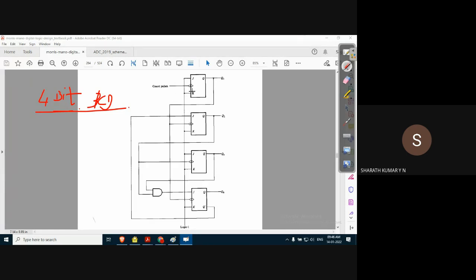Same concept. The J and K inputs are applied with logic 1. Why? Because the obvious question is, why use a JK flip flop? We could have used a T flip flop. One and the same. A JK flip flop with J and K shorted and given logic 1 becomes a T flip flop. No problem. So each of them is a T flip flop. Clock pulses or counting pulses are applied to the first flip flop.